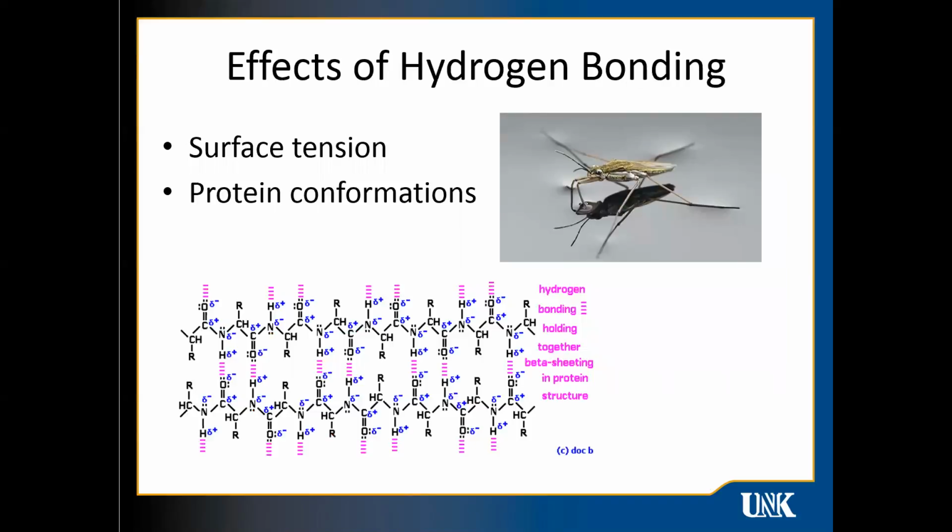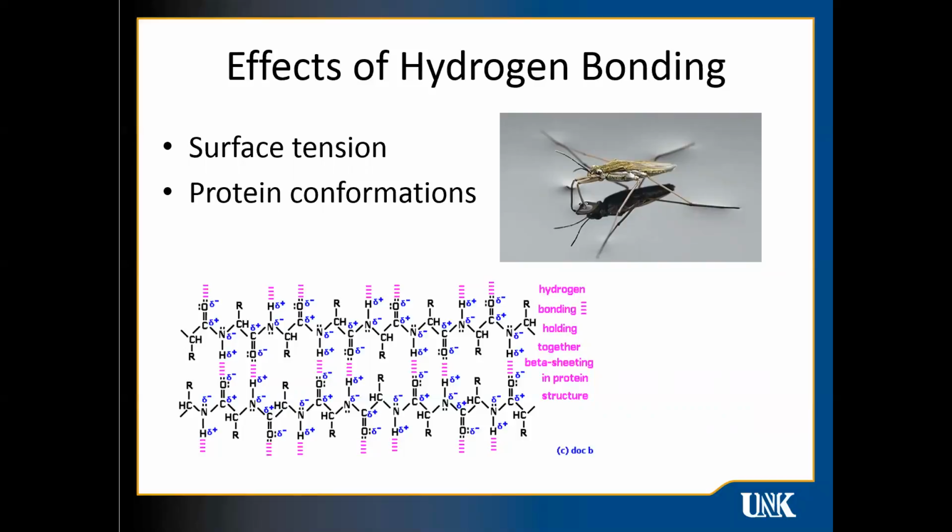Hydrogen bonding results in a lot of interesting effects. I've already talked about one, how water tries to climb the walls of graduated cylinders and test tubes because of interactions between the water and the silicon dioxide in the glass. It creates what we call surface tension: at the surface of water, there's some resistance. The hydrogen bonding is more concentrated there, so you actually have to apply a pressure to break through that surface of water. Now, it's easy for us to do. We have a lot of strength to do that. However,